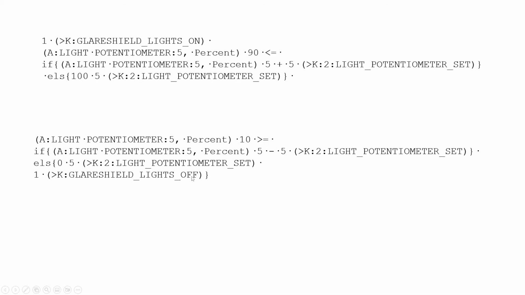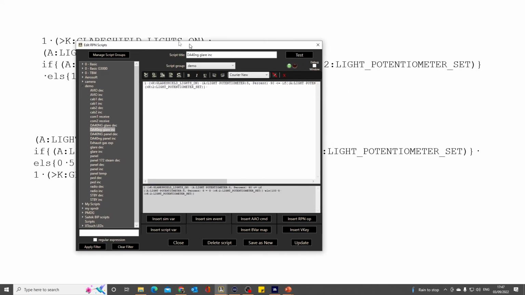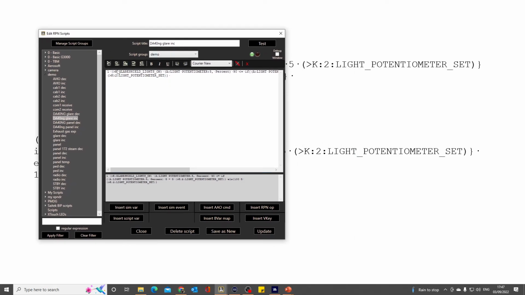So it's exactly the same. So again, copy and pasting. In fact, you don't copy and paste in the editor. Let's bring the editor in and you can see what I would do if I was going to do something like this. What I would do if I wanted that to be edited for a different potentiometer, what I would do is give it a new name here. So this will be my